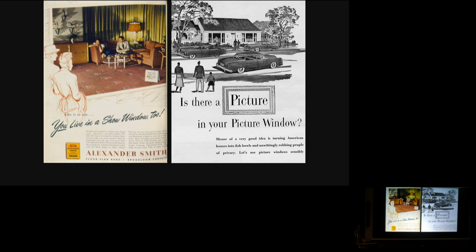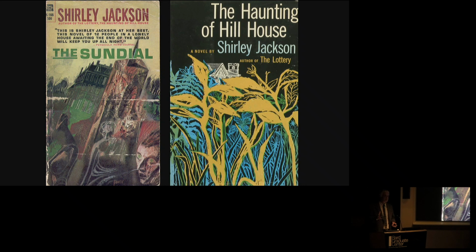So one of the first writers who really thematizes this is Shirley Jackson. Maybe you've heard of her. In 1948, her first published article was The Lottery. Did people read The Lottery in high school? Yeah, I remember The Lottery. Right, it's anthologized quite a bit, and I think a lot of people encounter it in high school.